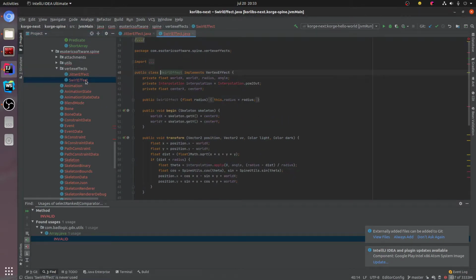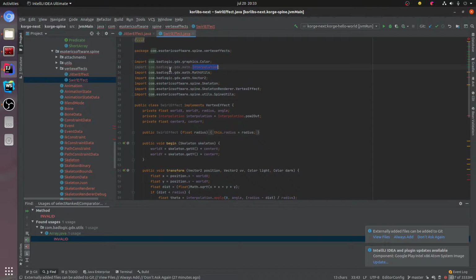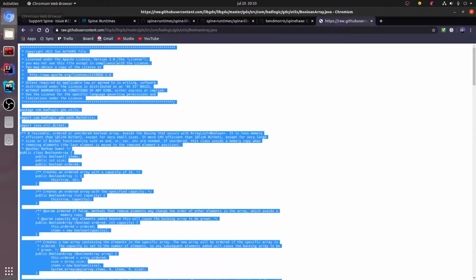So this is compiling, this is not compiling. We will need in the end the interpolation class,